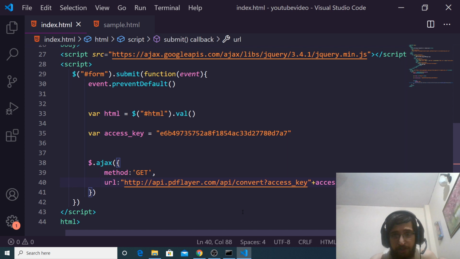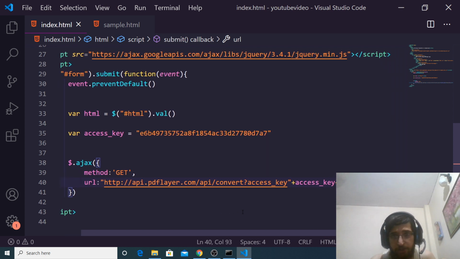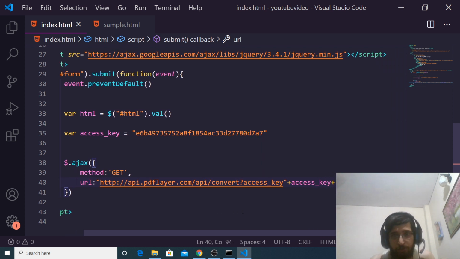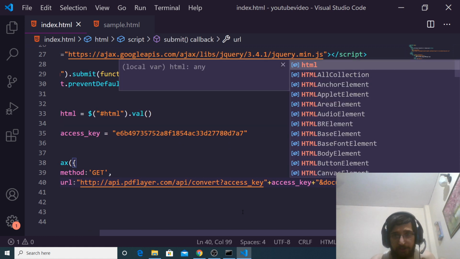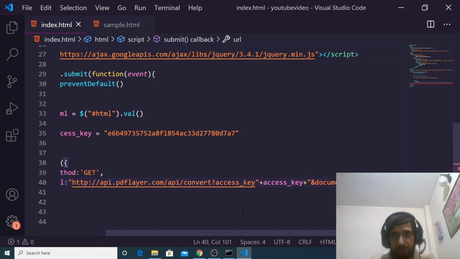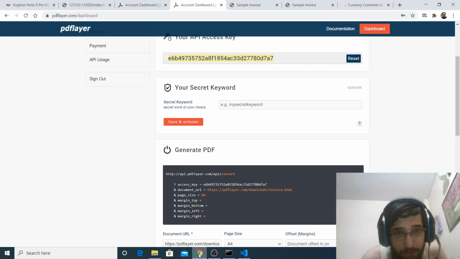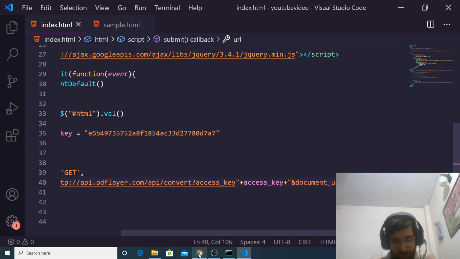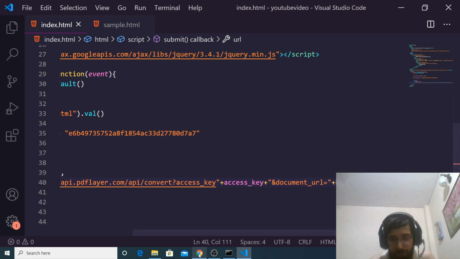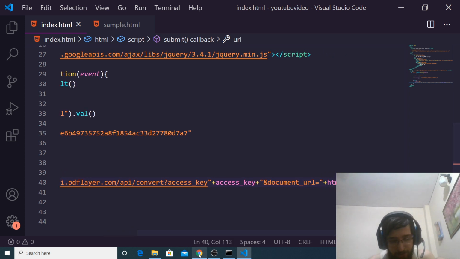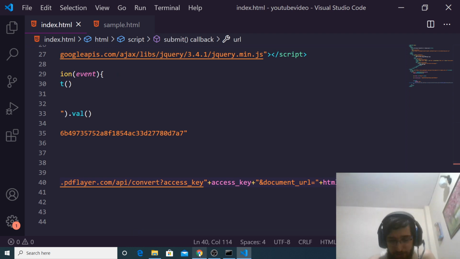Whichever URL you wish to convert, this will be equal to the actual HTML that we are getting. And lastly, we will have the page size also. This argument is optional. You can provide this or leave it out, but I will provide it. This will be equal to A4 size.